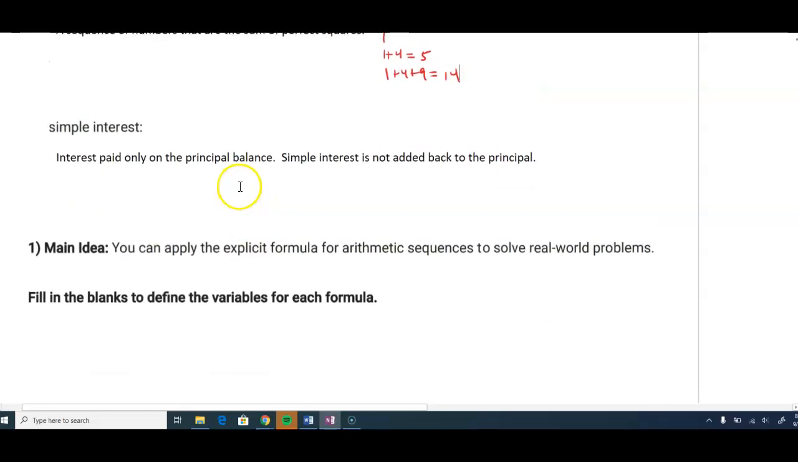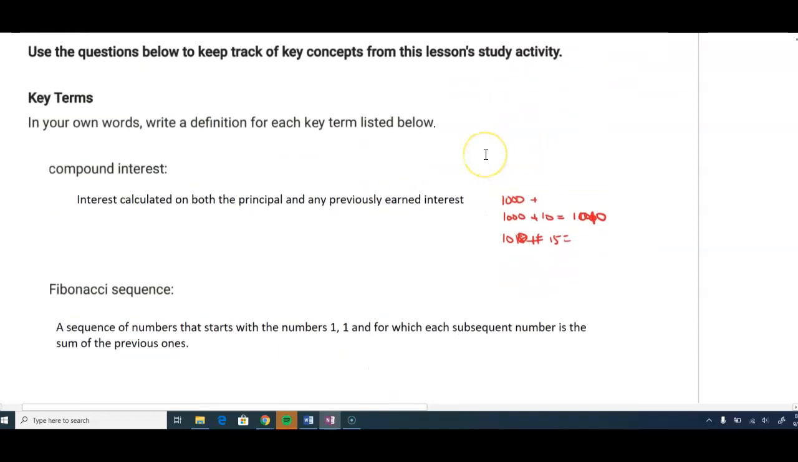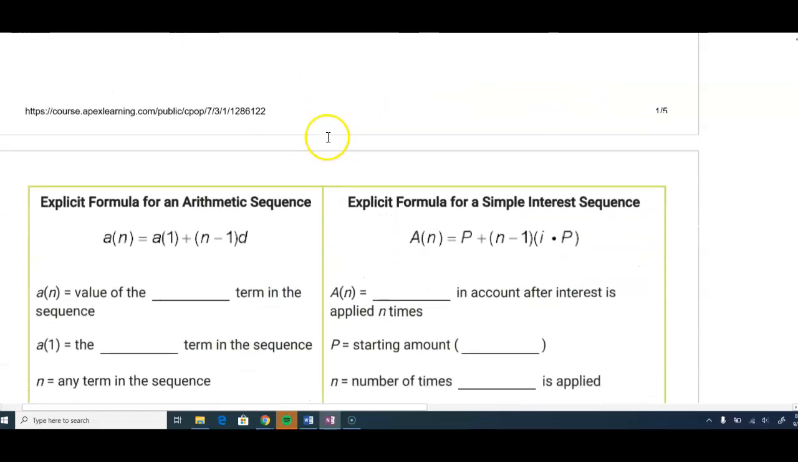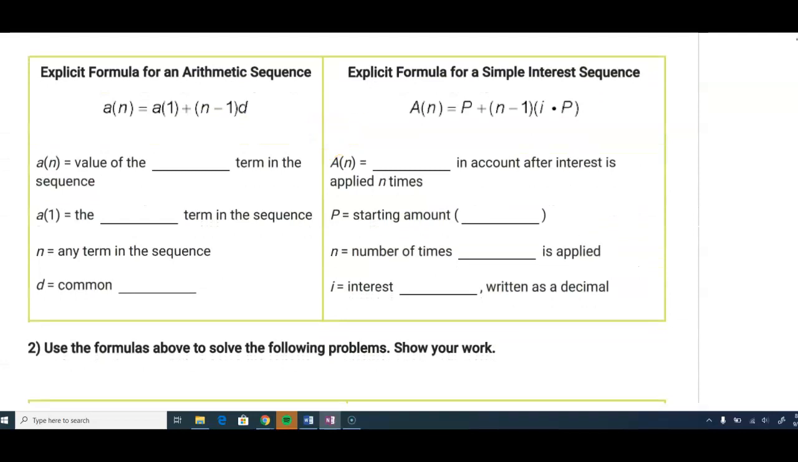Alright. Now, simple interest is interest only paid on the principal balance, and that is it. Now, simple interest is related to your arithmetic sequence, and compound interest is related to your geometric sequence. Okay? So let's take a look here. If we look at the chart here,